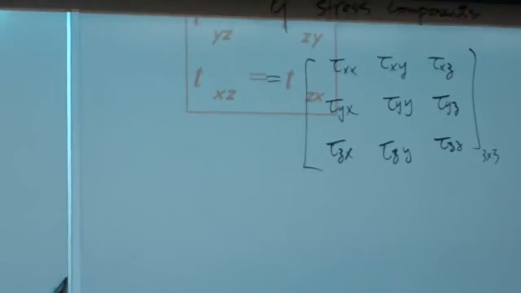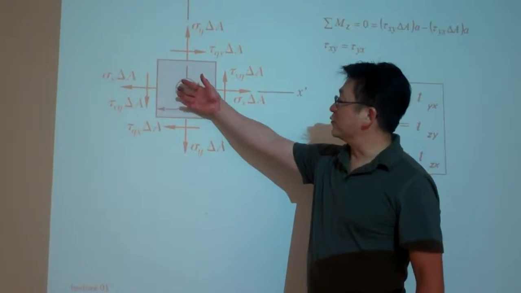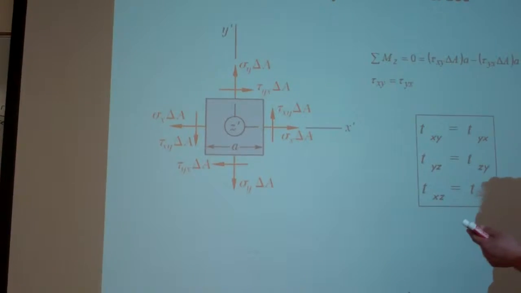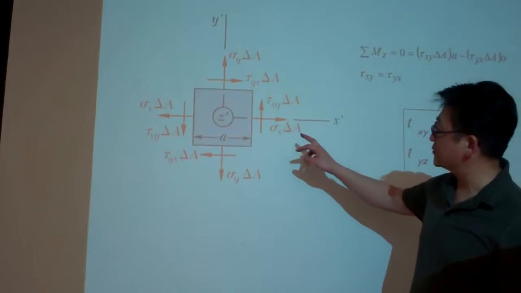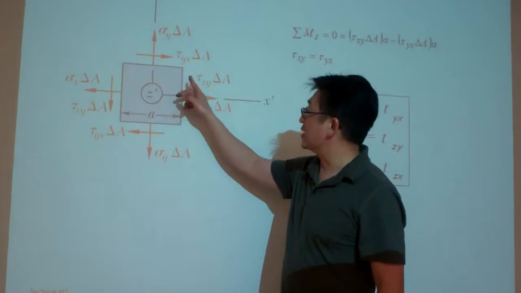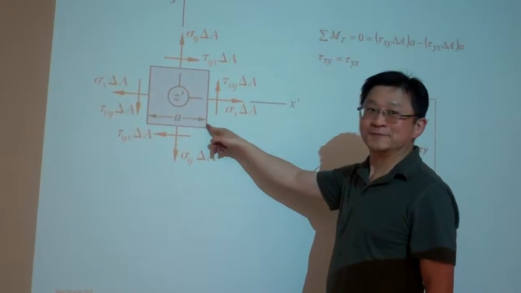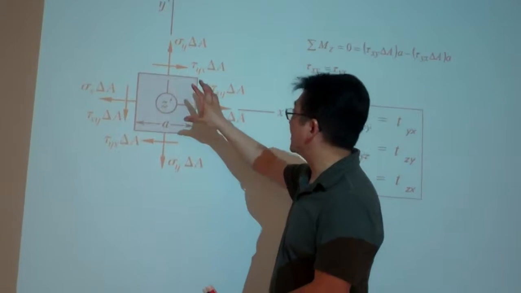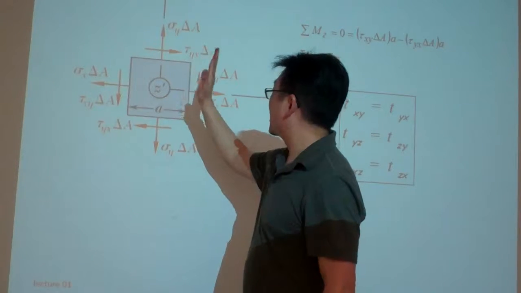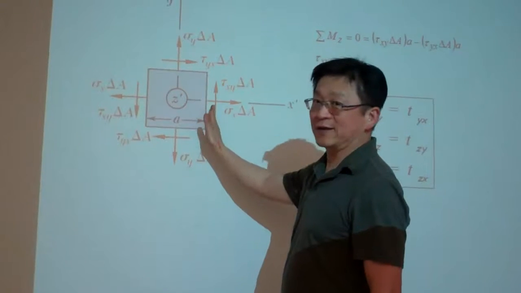And if we look at the stress element in one way, for example, we look from the z direction. This is kind of a complicated drawing, but don't be scared by those symbols. Basically, you can see right now this is a plane that has its normal in the x direction, so this is the x plane. If you look at the cube basically growing up in this way, this is a plane. The plane has the normal direction in the x direction, so this is the x plane, and this is a